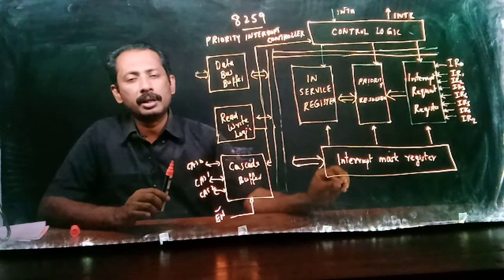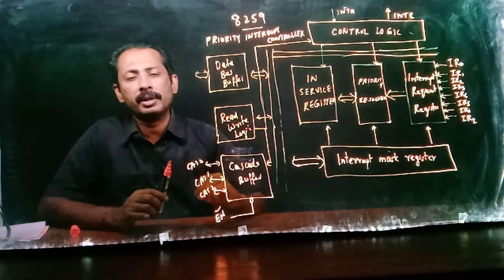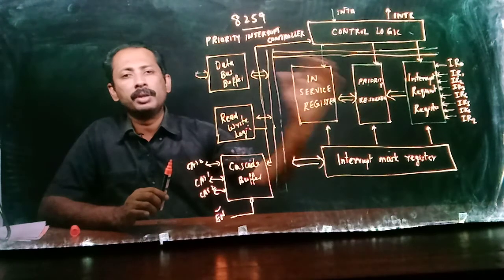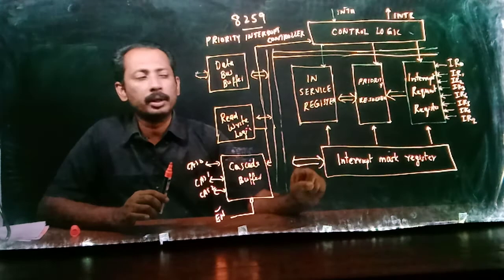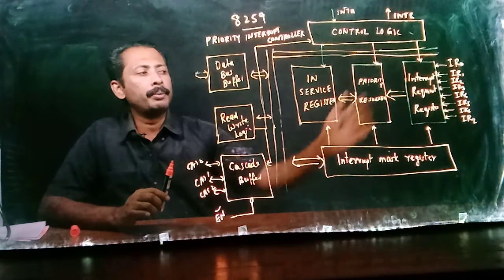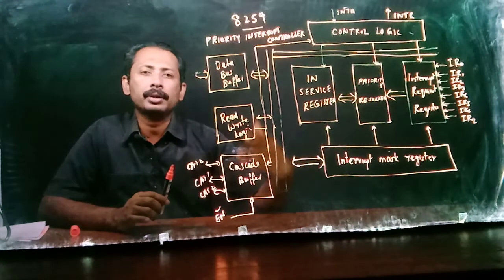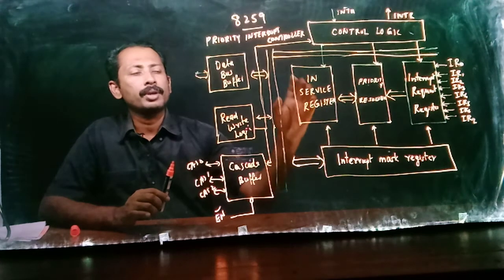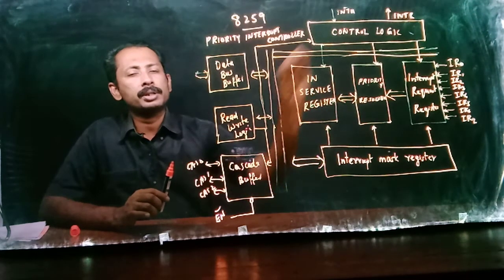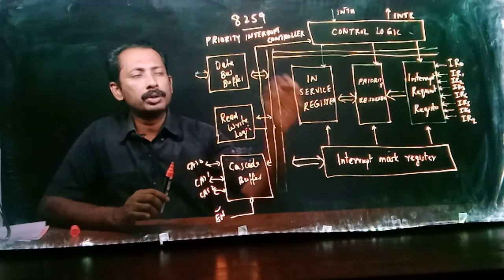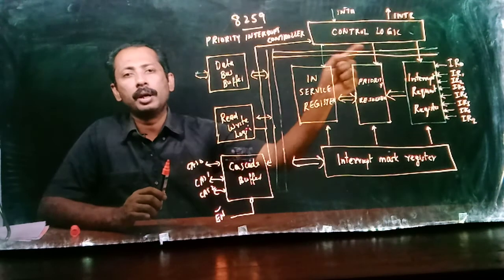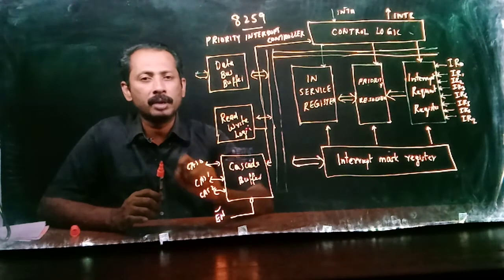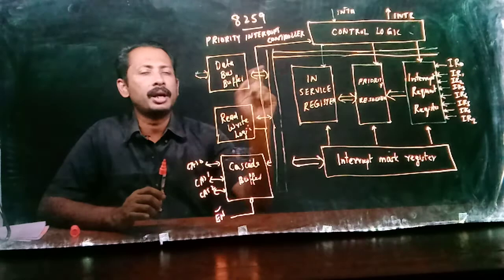If two devices request the MPU's service together, the priority resolver will find out the priority. Whichever has higher priority, for example if IR3 and IR4 come together, only IR4 will be served. IR4 is passed towards the control logic, and the control logic interrupts the MPU through the INTR. When the MPU is ready to service, it acknowledges using INTA bar.